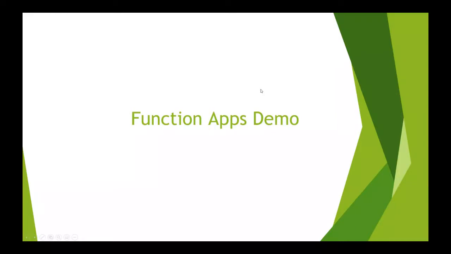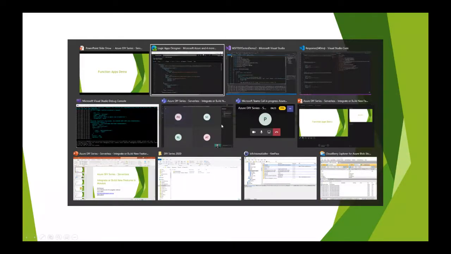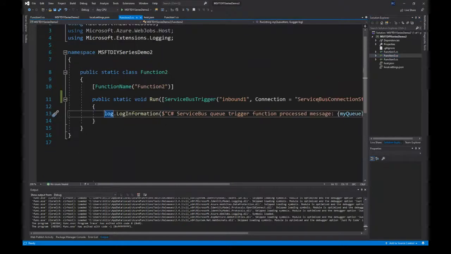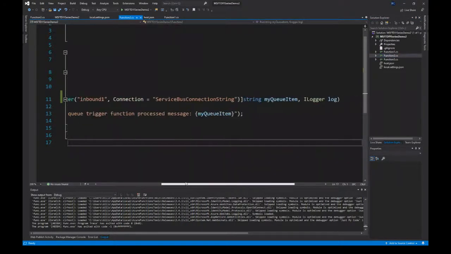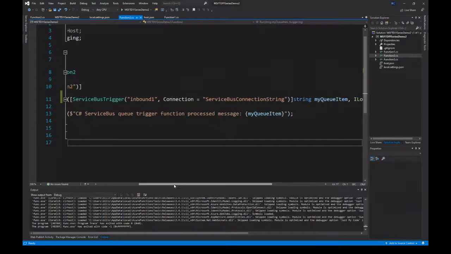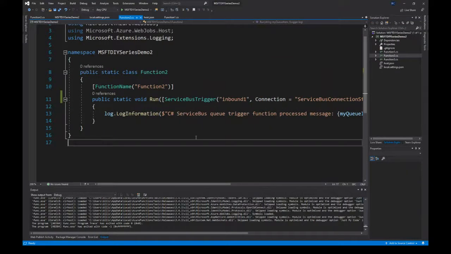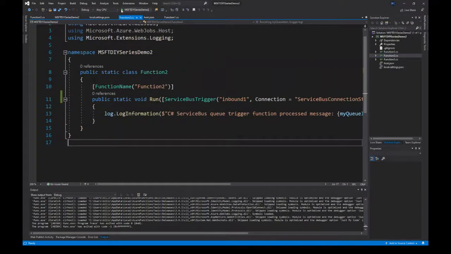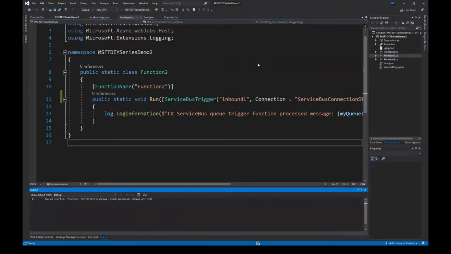So in the function app, let's go in real quick and do a demo. In my code I've already created one, and that is function app 2. It's a Service Bus trigger looking at that same Service Bus I just picked out there. I can set that up. In my local settings I've got the Service Bus connection string. And if I spin this up in the container